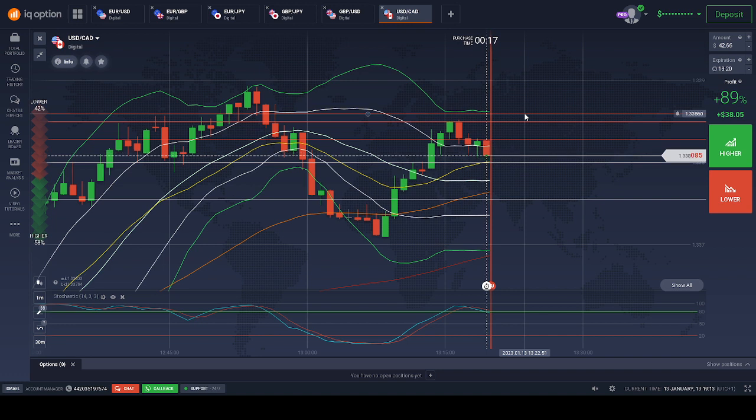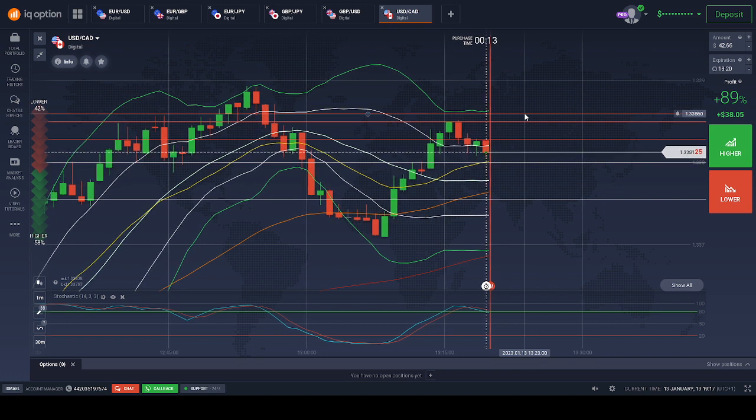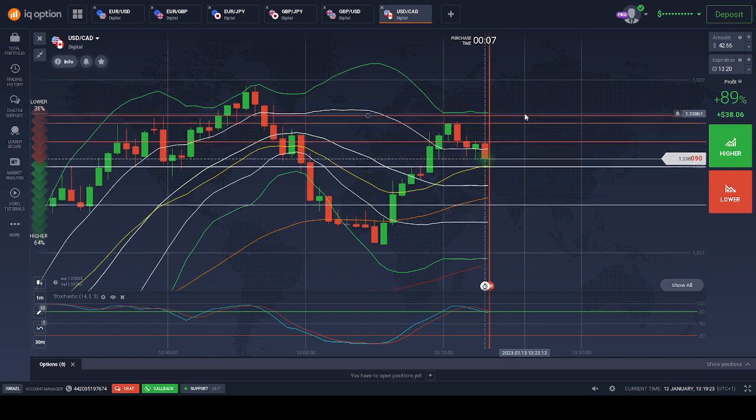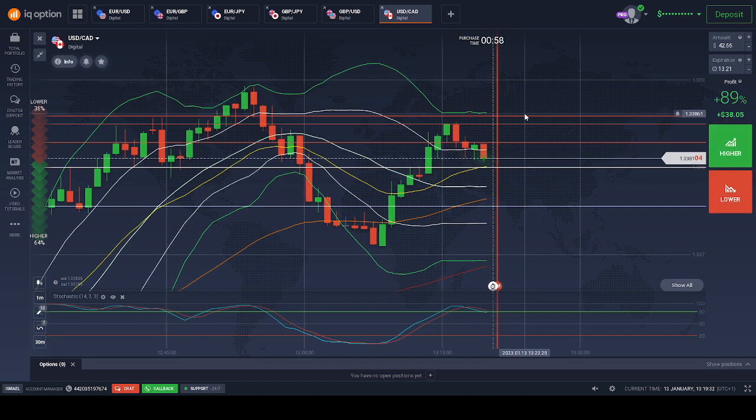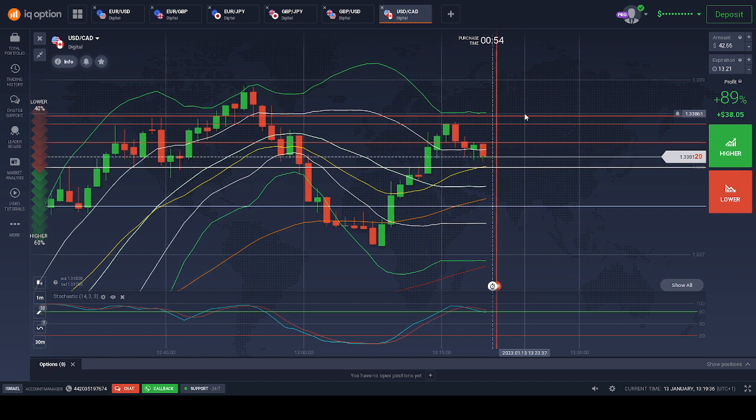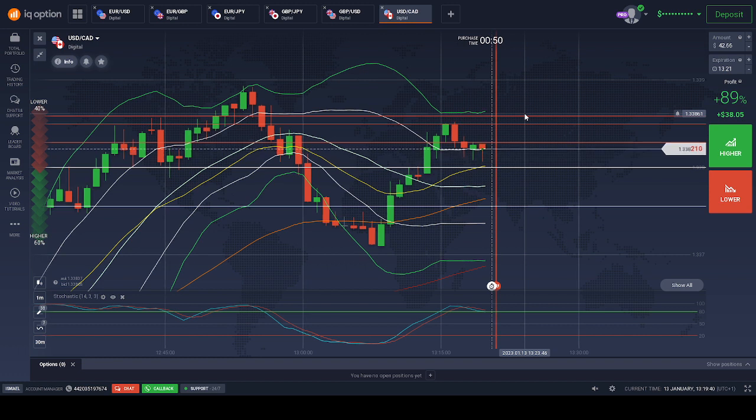Also, so we have to see what we do with this one. At least I can't make it out. It's not a piercing line, not a right entry. That's not how the piercing lines are done.